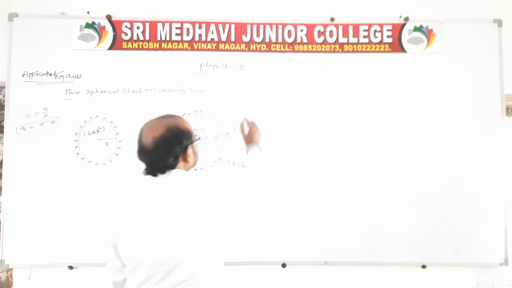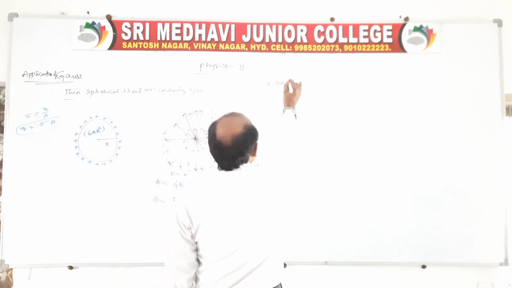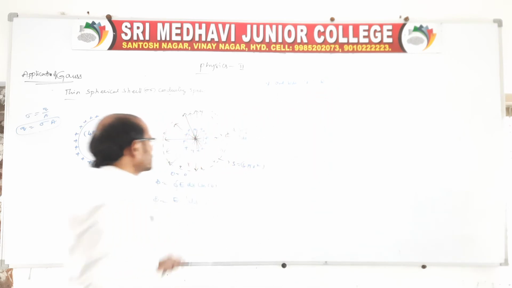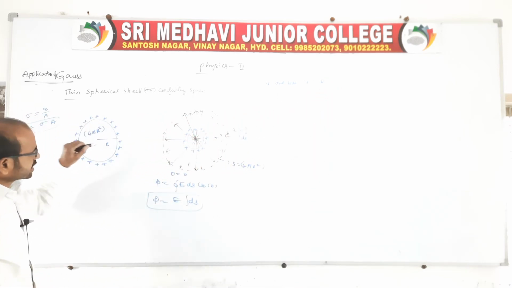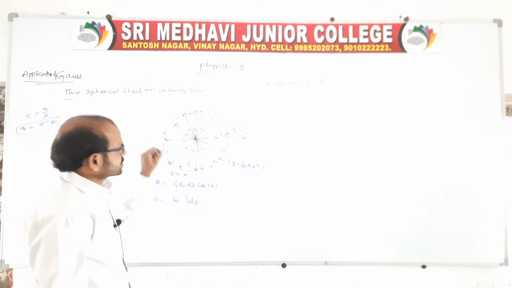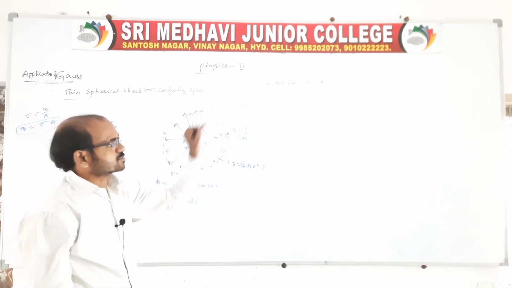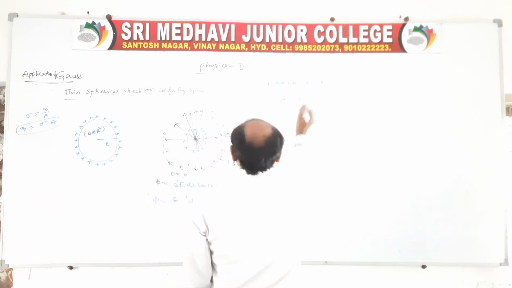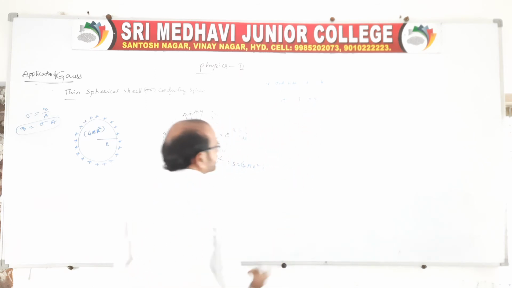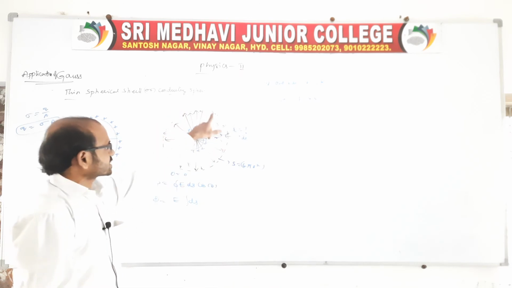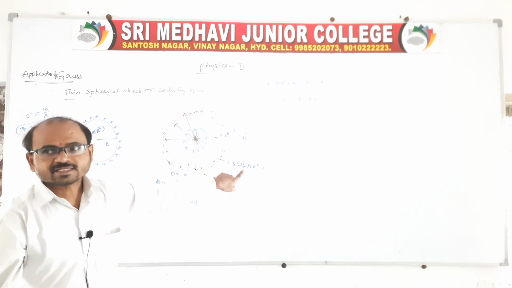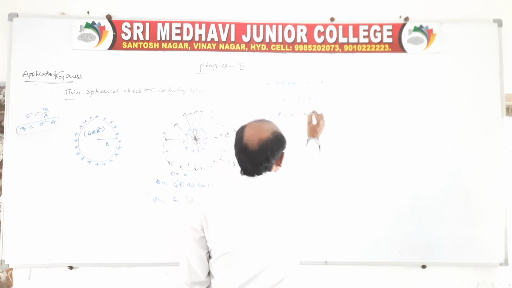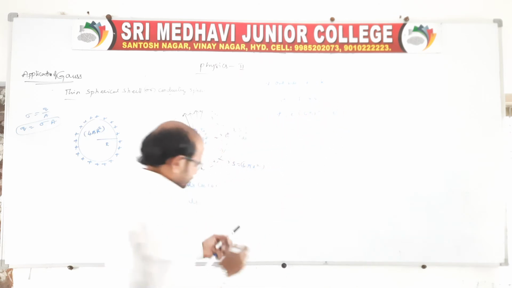Now actually we are finding it at a point outside, that is, small r is greater than capital R, because capital R is nothing but the radius of the spherical shell, and small r is outside the spherical shell. So your flux is equal to E into integral ds, which is S. For this spherical shell, the closed area is 4 pi r square, the surface area. So flux is equal to E into 4 pi small r square, equation 1.